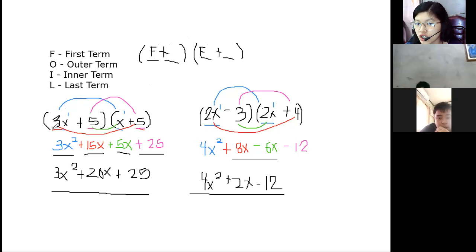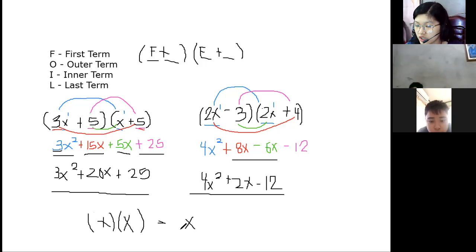So, dito, 3x at saka x yung ating first term. So, 3x times x, since walang number ito, automatic may 1 yan. So, 3 times 1, 3. Ito yon. And x times x, kapag x times x, pareho sila ng variable or yung base, ibig sabihin, kakopy